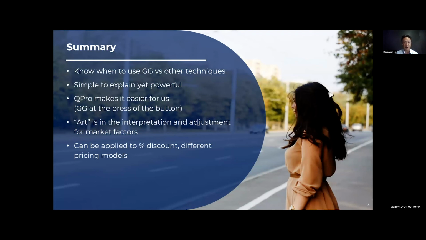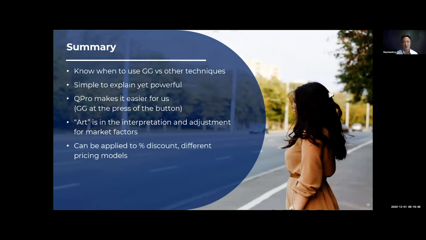And the very last point is, typically it's applied for price points, but why not? It can be applied for discounting factors or what percentage discount clients are going for. It can be applied for different pricing models. If it's a monthly price, annual price, daily price, weekly price, we know what it does, but we can apply it in other pricing situations because every day new software companies come out with new pricing models. It could be try before you buy as well.